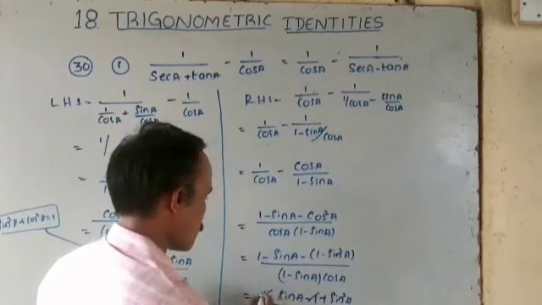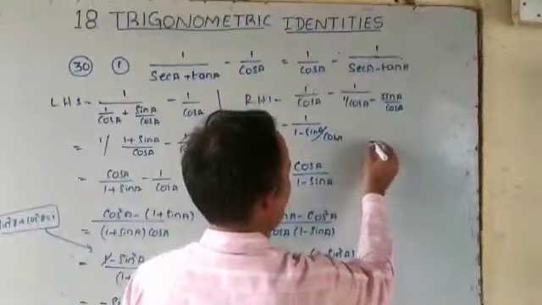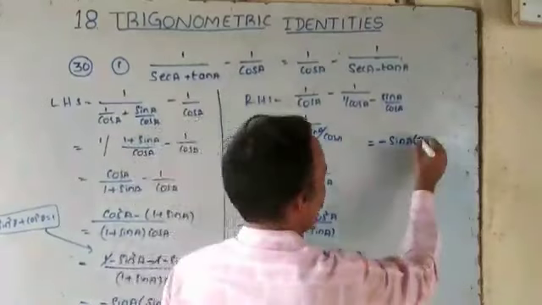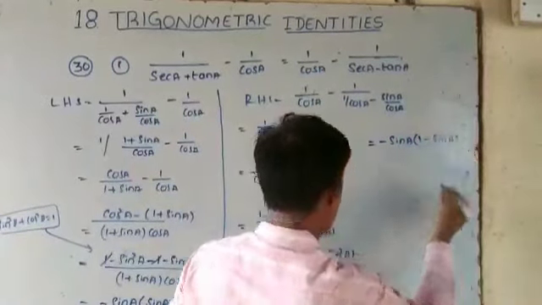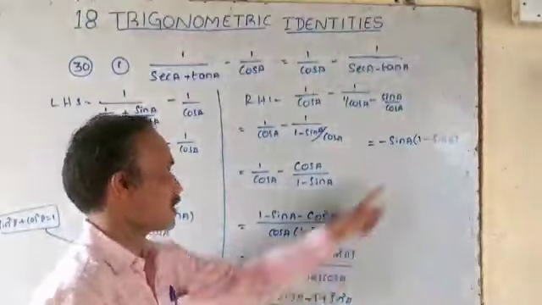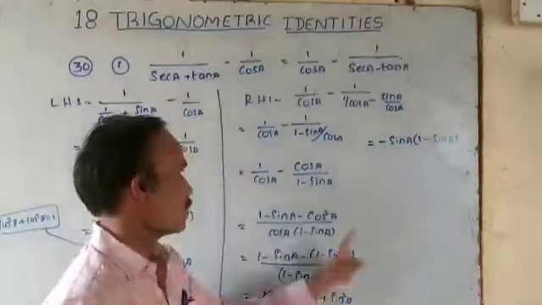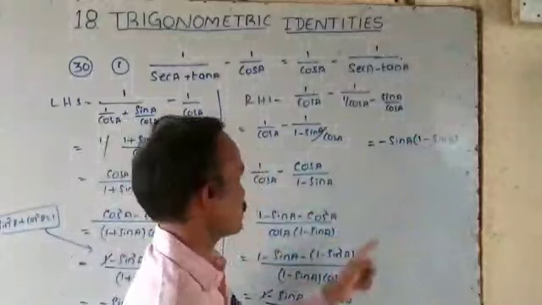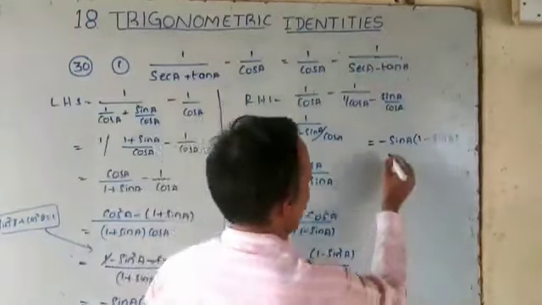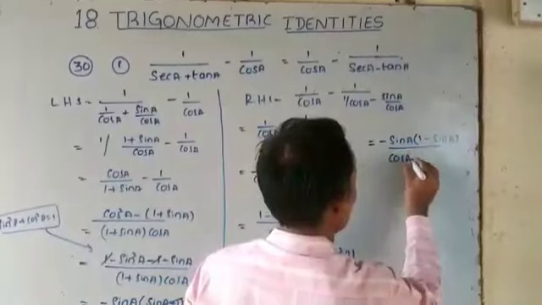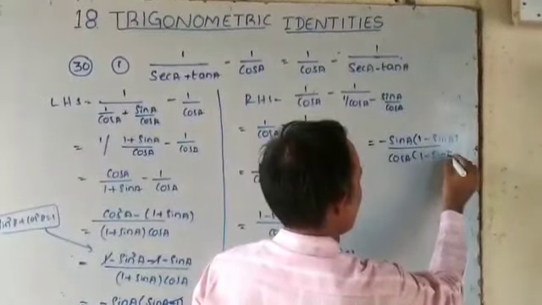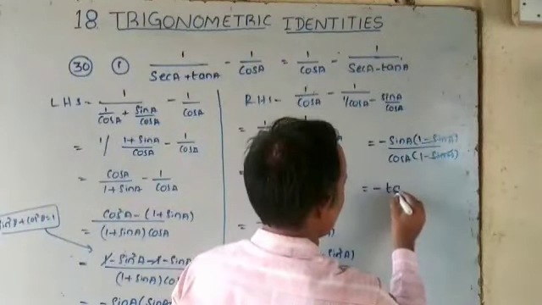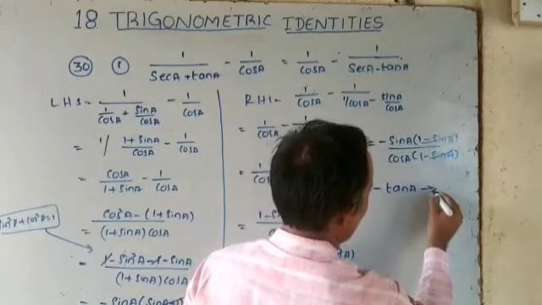As minus 1 plus 1 gets cancelled. So again, as usual, take minus sin A as a common. Here sin square A divided by sin A. Why? Because minus sin A is common. So minus into minus plus sin square A, divided by cos A into 1 minus sin A. So 1 minus sin A, 1 minus sin A gets cancelled. So minus as it is, sin by cos, that is tan A. This one call it as 2.